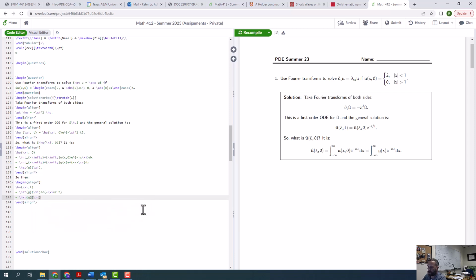So I'm going to rewrite this quantity in the exponents in the following way. This is going to be equal, so we talked about this in the problem session on Wednesday. We're doing the inverse Fourier transform of this. This is going to be 1 over the square root of 4 pi t times